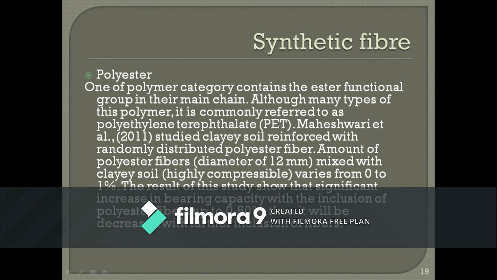So what is happening is that the bearing capacity of the soil increases to a greater extent because of the usage of these polyester fibers. So for that reason we can use polyester, but we need to check the amount of usage of this material in clay soils. Only clay soils have been checked and they have given the results. So up to 0.5% we can add it.